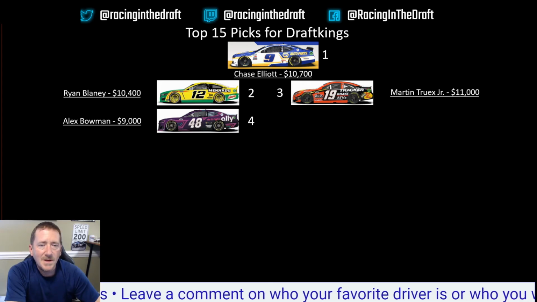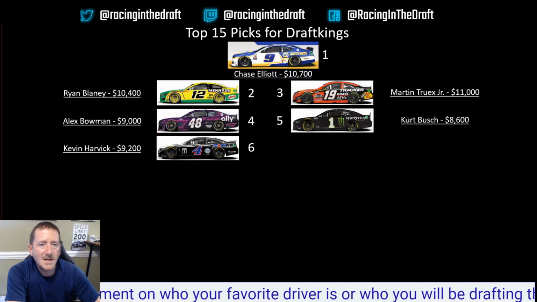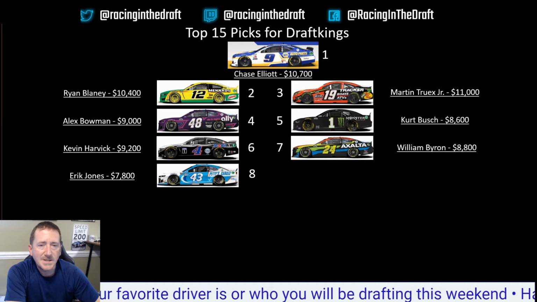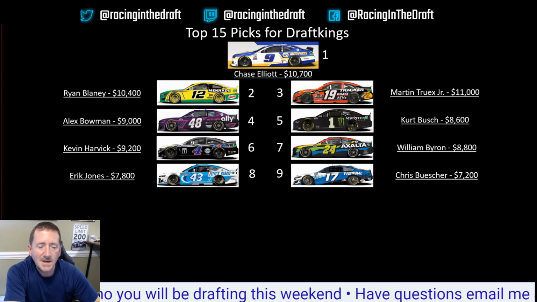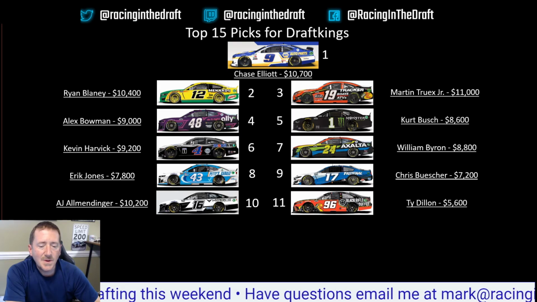Alex Bowman at 9,000, Kurt Busch at 8,600, Kevin Harvick 9,200, William Byron at 8,800, Eric Jones at 7,800 in 8th, Chris Buescher getting a little bit of salary relief at this point in 9th, AJ Allmendinger at 10,200, Ty Dillon is